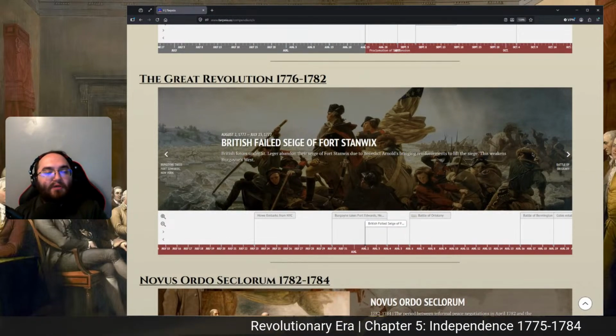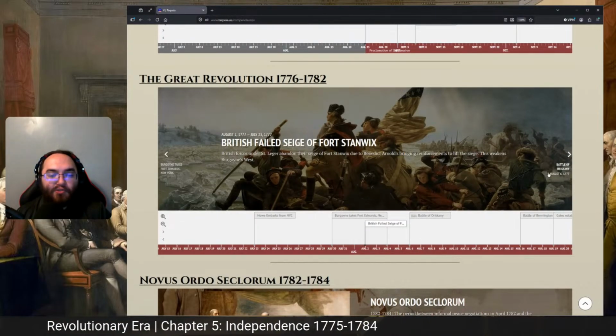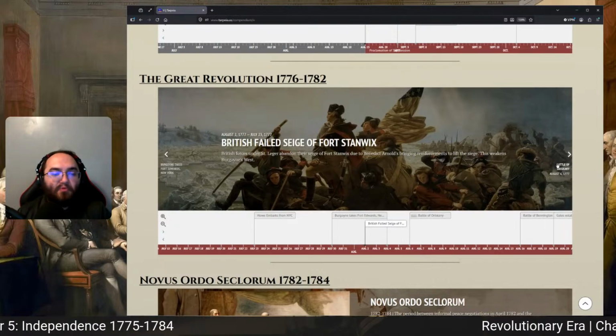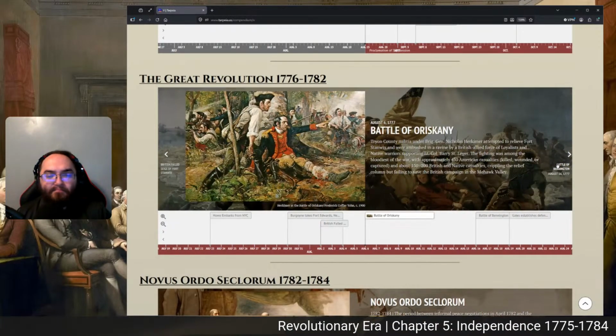The British forces under St. Leger abandoned their siege of Fort Stanwix due to Benedict Arnold bringing reinforcements to lift the siege. This weakens Burgoyne's west. And then you have the Battle of Oriskany,